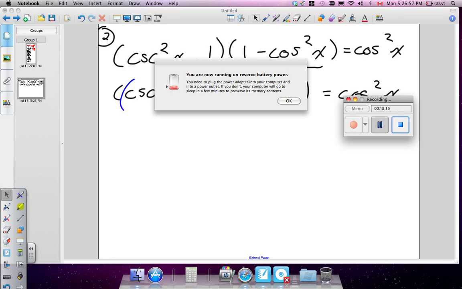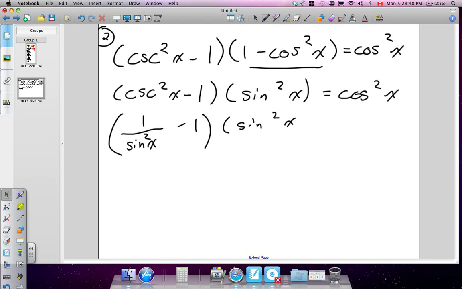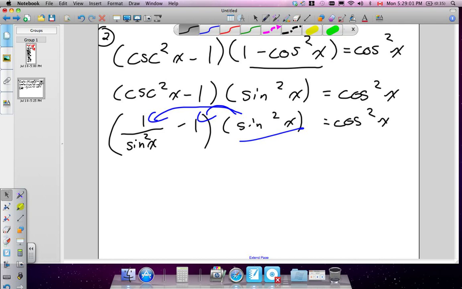Okay, so you move the cosecant squared x. You decide to change it into 1 over sine x, right? Sorry, squared. Make sure you keep that squared. Subtract 1, all in brackets, sine x squared. So we're going to work with the left side, okay? Well, I guess I'll keep writing this. Then we distributed the sine. We multiplied it by this, and we multiplied it by that. So in this case, we ended up with sine squared x over sine squared x